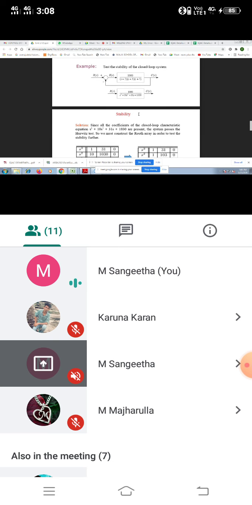Okay. Now we make this denominator equation into Routh-Hurwitz stability. Okay. In Routh-Hurwitz stability, the first step is you must calculate how much power is given in that equation. So I found out power 3 is given here. So we have to put this power 3 into 4 various stages: S cube, S square, S power 1, S power 0.